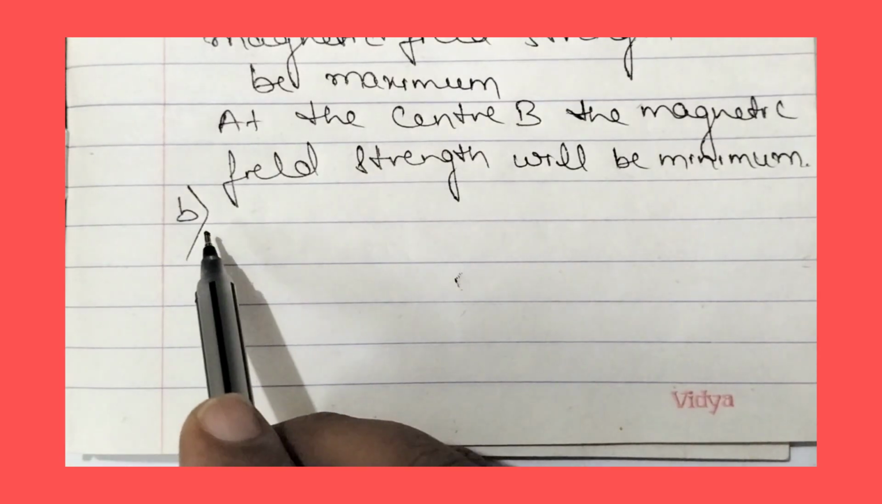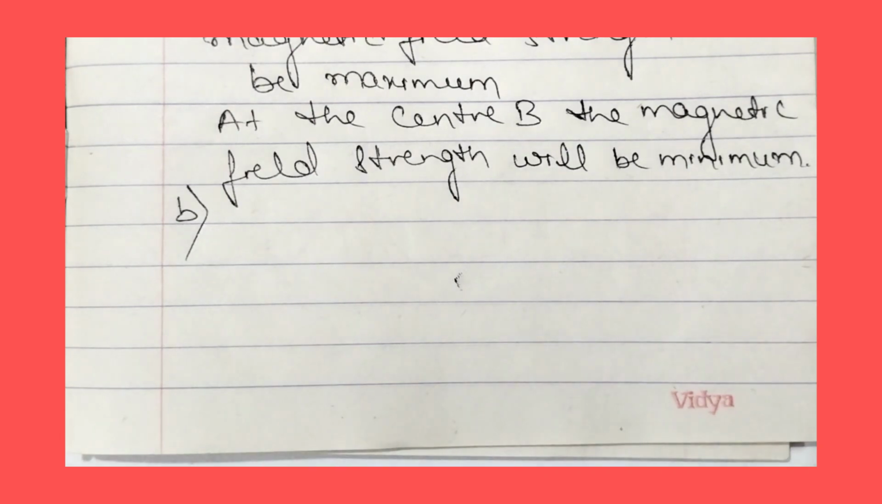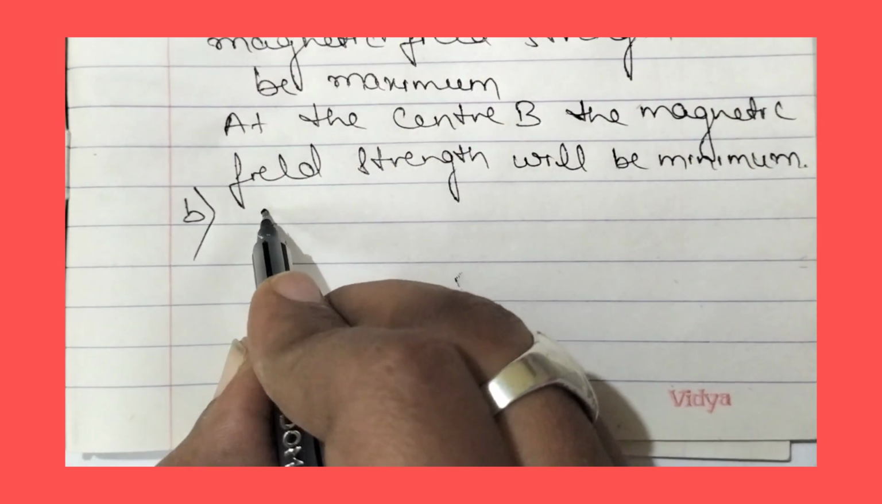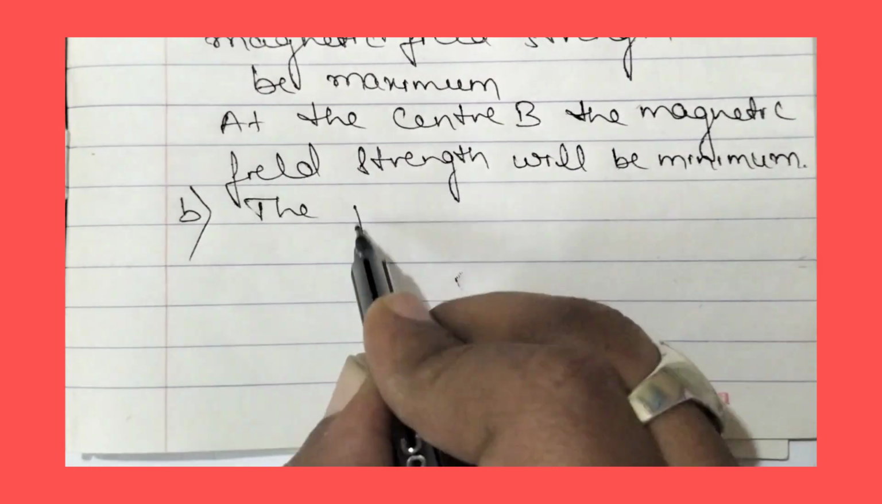So for this question we have to draw the diagram of the magnetic field around a bar magnet and the magnetic field around a solenoid. Along with that, we have to write about the pattern of magnetic field